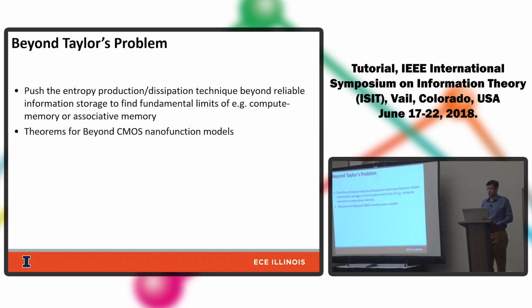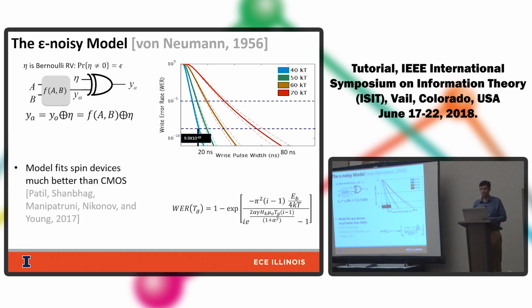Okay. So beyond the Taylor problem, we can also push this entropy production dissipation argument to find fundamental limits of other kinds of compute memory, these deep in-memory architectures, or associative memory, and also consider beyond-CMOS models. Okay, so those are some of the things that I think are very interesting in this area from a mathematical perspective, but also from a system design perspective. Okay, so let me also talk briefly about another style of analysis, which is